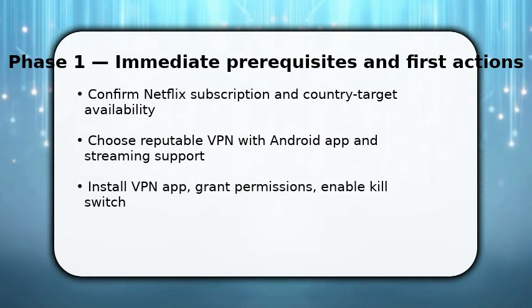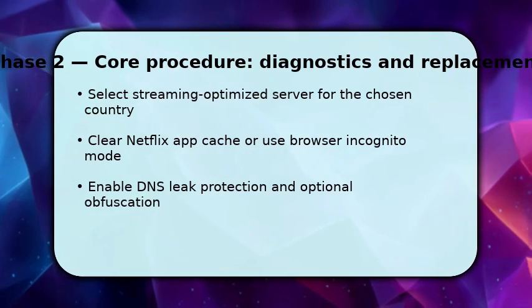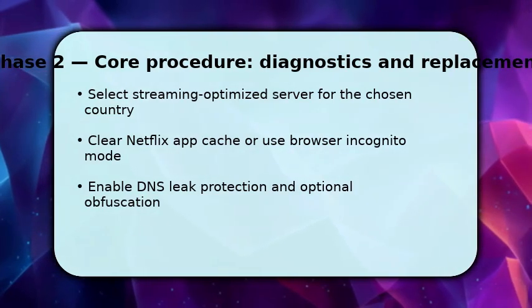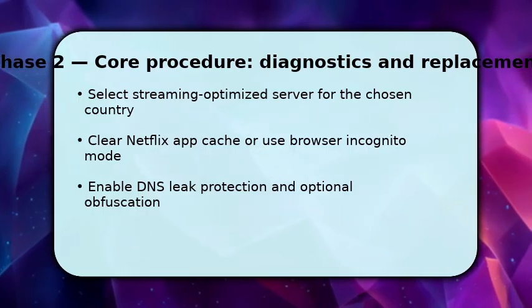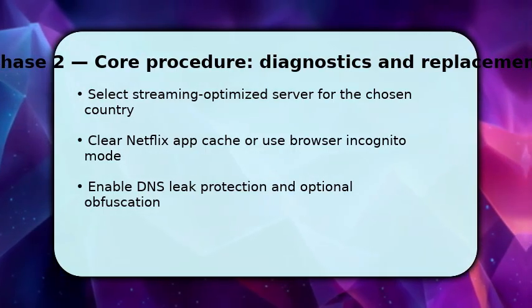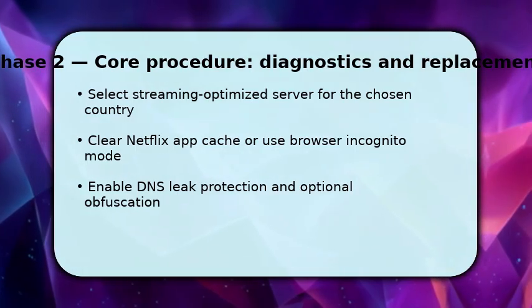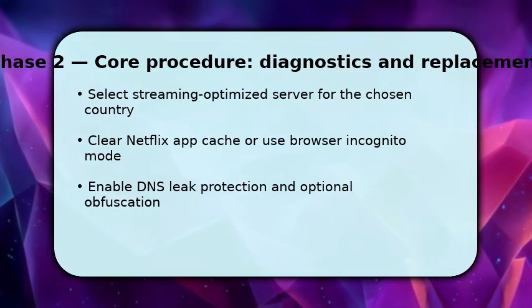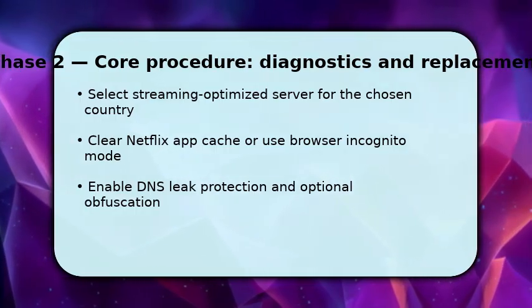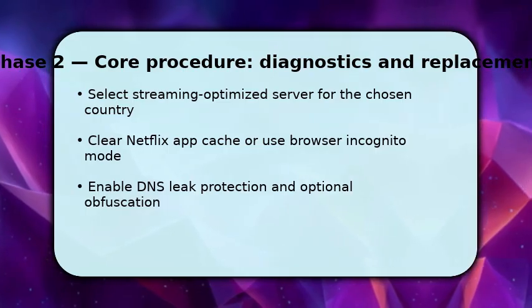Now you connect. Open the VPN app and choose a streaming-optimized server in the country whose Netflix library you need. Make sure DNS leak protection is enabled and use obfuscation if your provider offers it. This prevents detection. Next, close the Netflix app and clear its cache in Android settings so old region data is